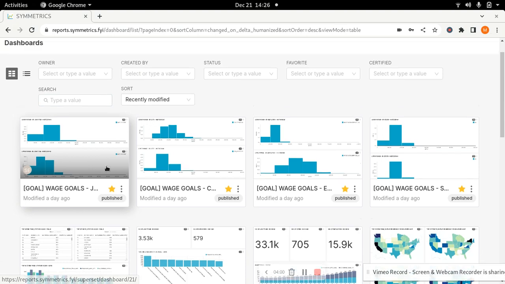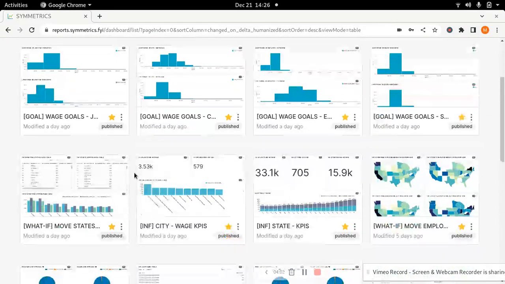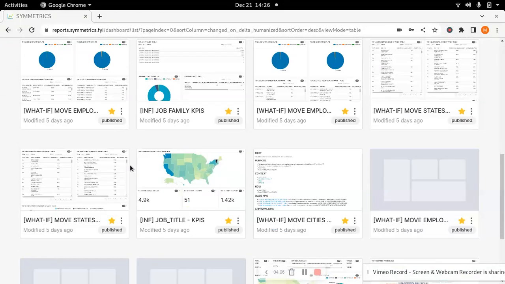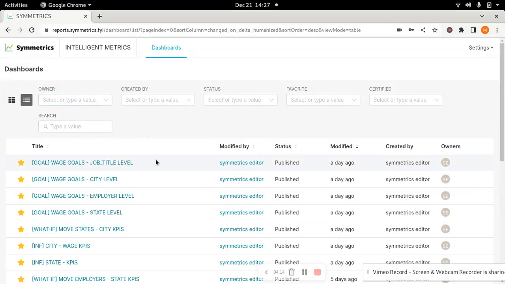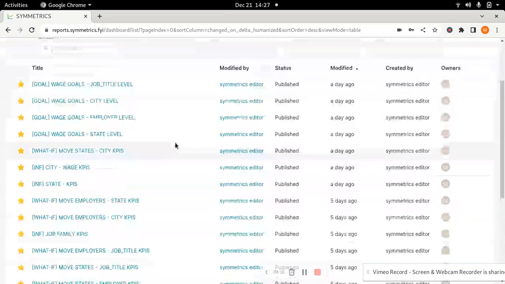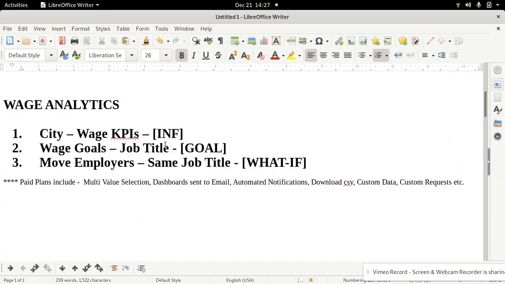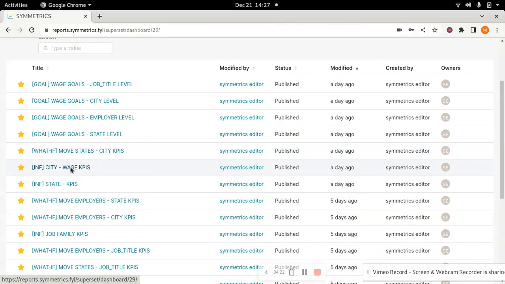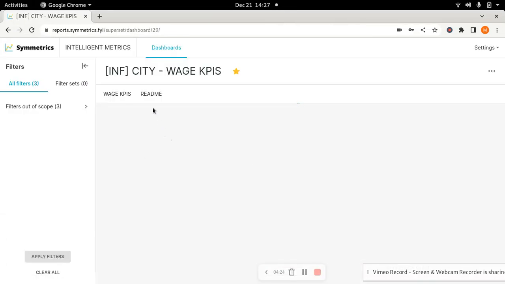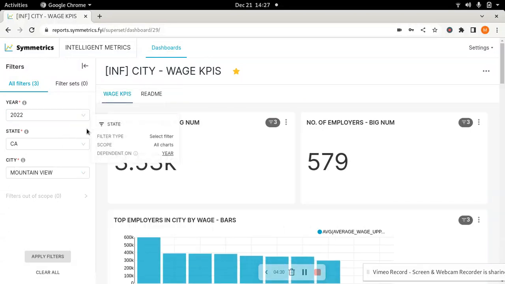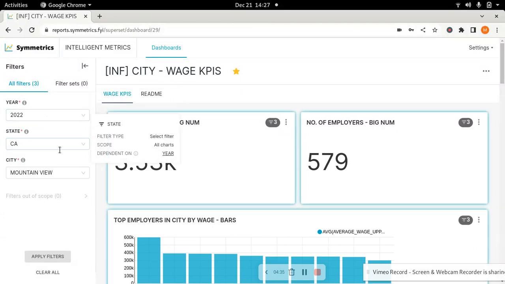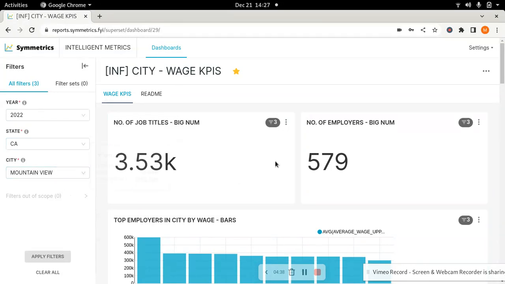Now, when you log into the platform with a free account, you would either end up in this kind of dashboard where you have previews of all of those dashboards, or if you would prefer a list, you could switch to the list view. Now, in this case, what we are looking for is, let's go back, city wage KPIs. As soon as you click the dashboard, go ahead and click wage KPIs. On the left, you'll find default filters that are applied. So in this case, for the year 2022, the state of California, in the city Mountain View, now you're looking